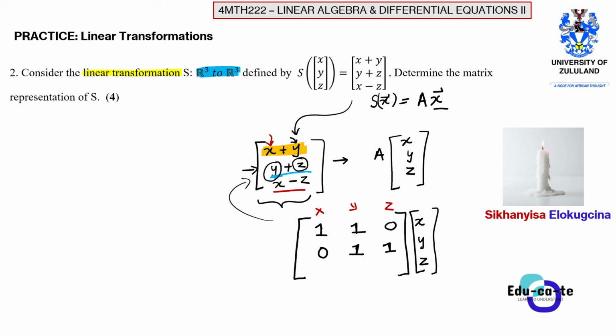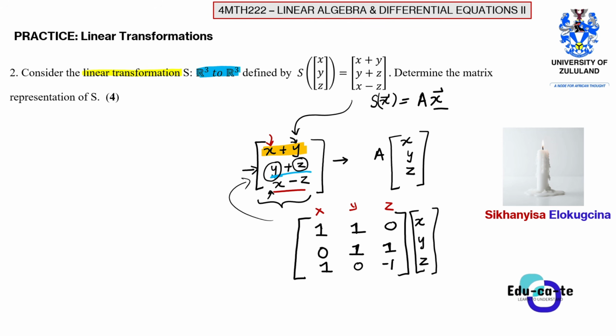Then we proceed to the last row, which is X minus Z. Do we have the coefficient for X? Yes, we do. It is 1 here. So this is 1. Do we have the coefficient for Y? No, there's no Y here. This is just X minus Z. Where would you take Y from, the clouds or something? No, this is just X minus Z. So this is 0. And what about the Z part? Yes, we do have a coefficient for Z. In this case, it is minus Z. So the coefficient is negative 1.